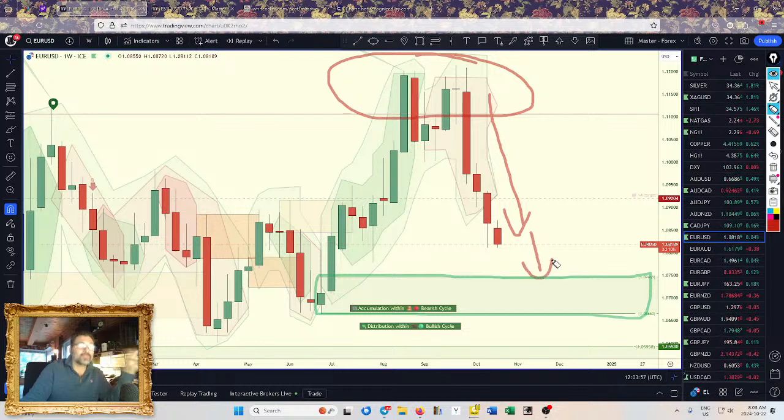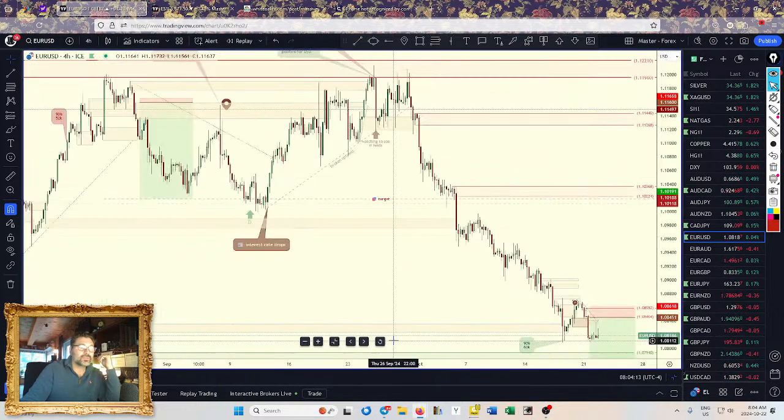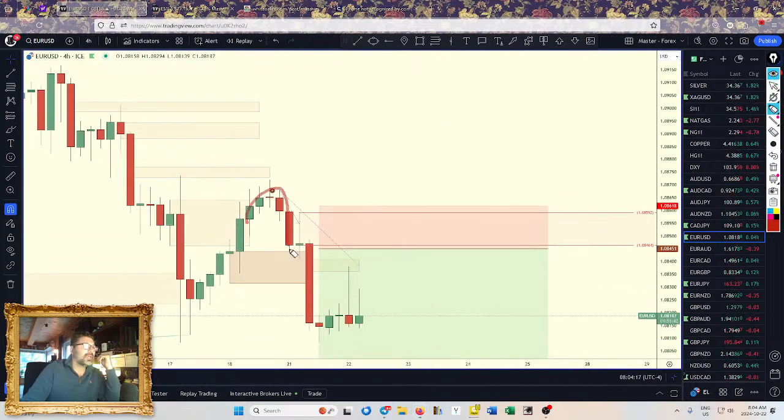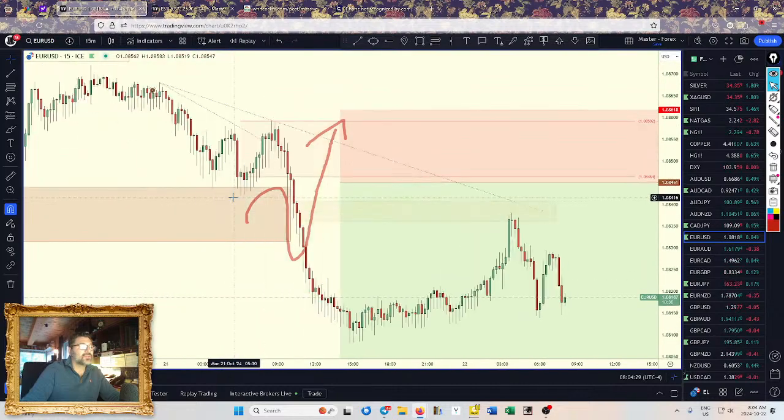Now, there was a moment yesterday that it could have gone higher because we had a dynamic shift on the 4-hour chart producing some demand. Now, that would have been counter to all the evidence suggesting that price was going to go lower, but there could have been a short-term rally to the upside. Now, I was watching that, but what I wanted to see was a signal being produced off of that demand zone on the